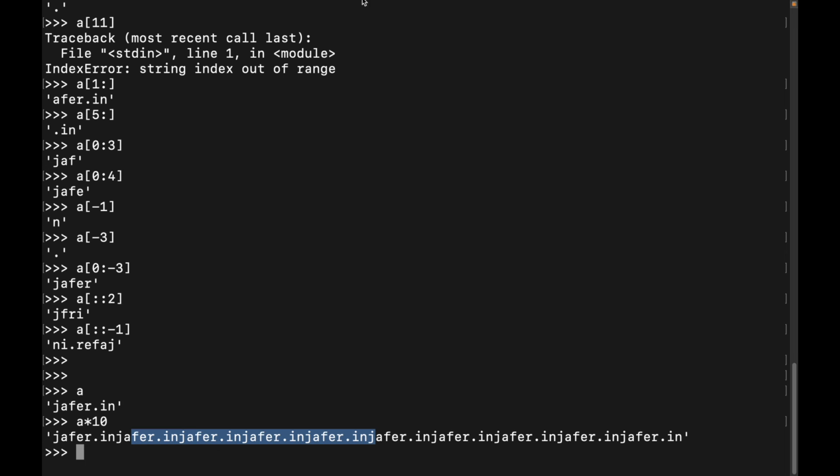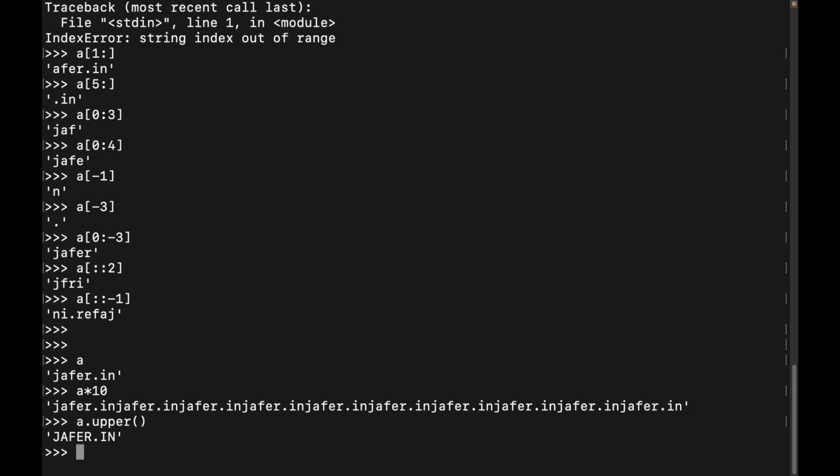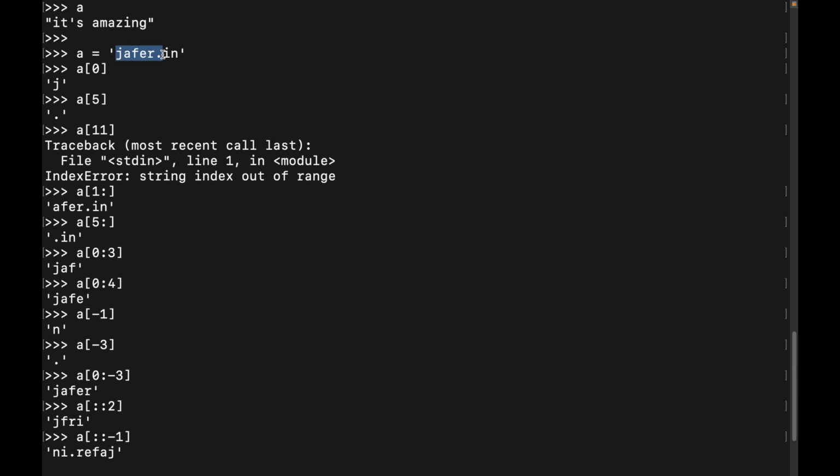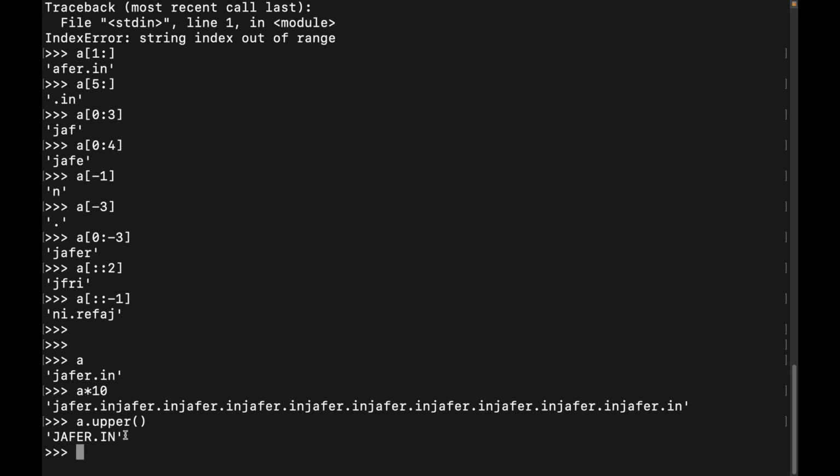And we have a set of specific functions for this as well. For example, if you type in A dot upper, what's going to happen? I assigned the value in lowercase, but it's getting converted to uppercase. So you can convert it into uppercase, you can convert into lowercase. These operations are also